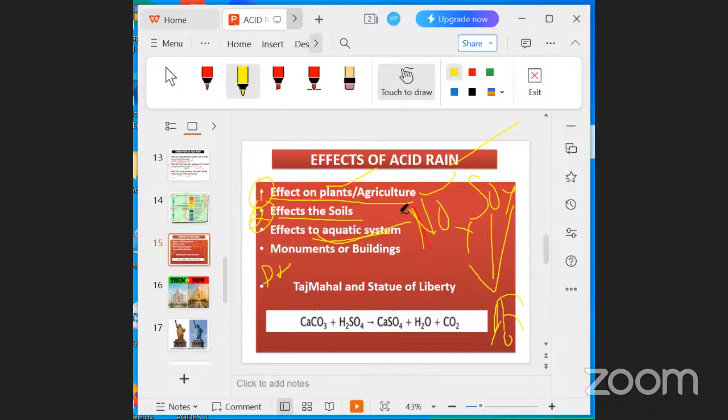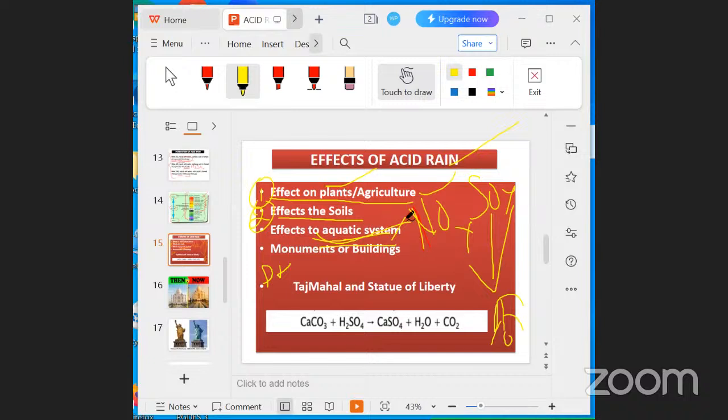When acid rain falls down and flows into the rivers and ponds, it affects the aquatic ecosystem as it alters the chemical composition of the water to a form which is actually harmful for this aquatic ecosystem to survive,